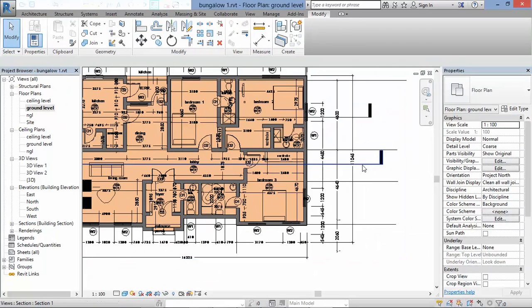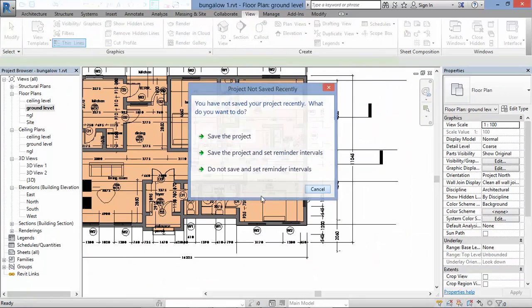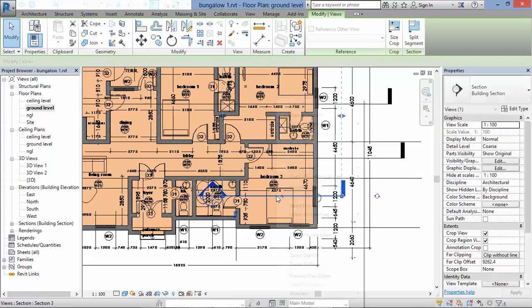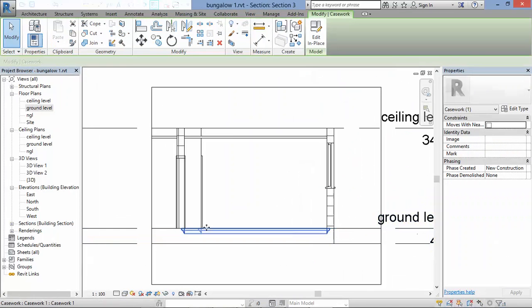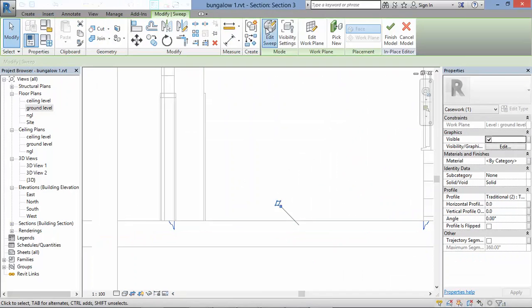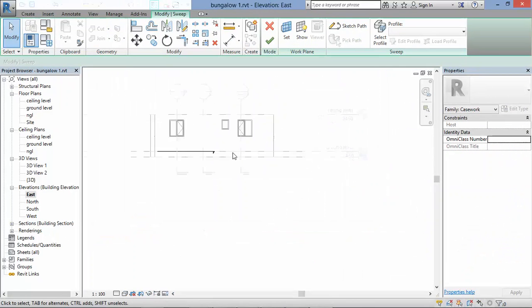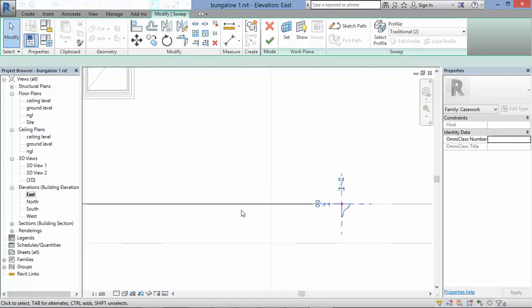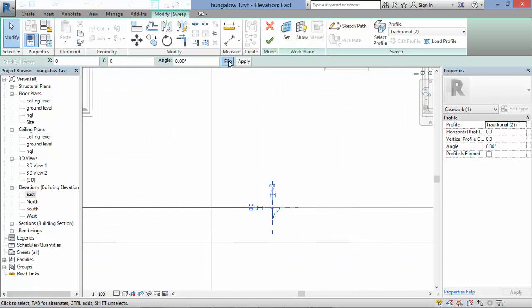Let me cut a section. Go to my view, click on section, go to view, and this is it. And edit in place, edit sweep. I have to go to my east elevation, that's where I can see it. This is it. Now you can see it's not facing the right side, so I'll just flip it